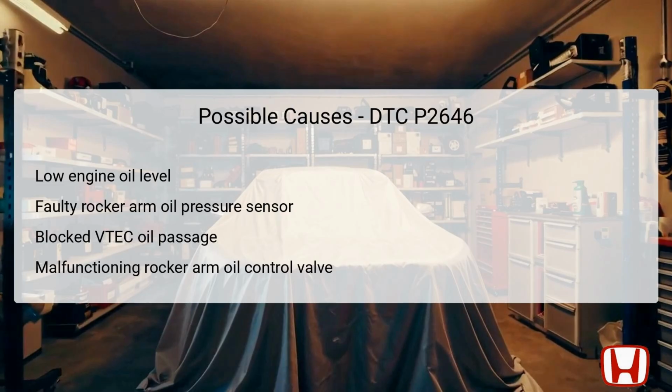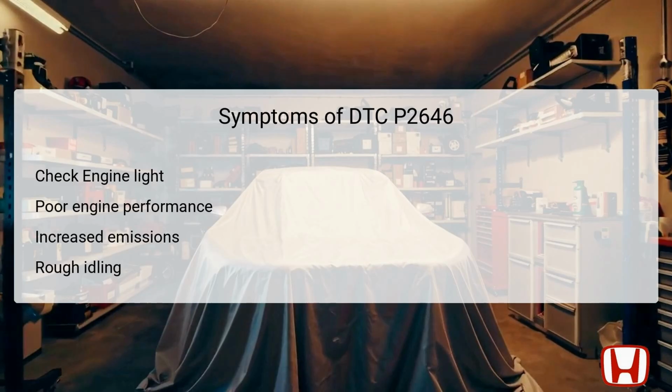Finally, a malfunction in the rocker arm oil control valve can prevent it from opening and closing as required, thereby affecting oil delivery. Each of these problems needs to be investigated methodically in order to pinpoint the root cause of the code. When the DTC P2646 is present, several symptoms may manifest as a consequence of inadequate rocker arm oil